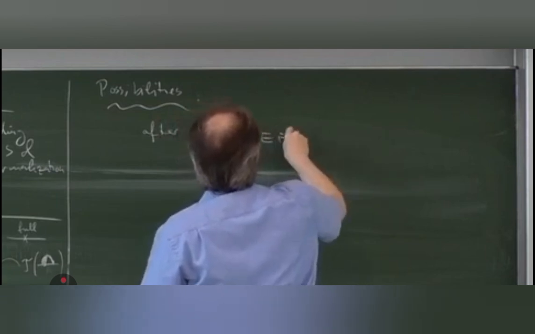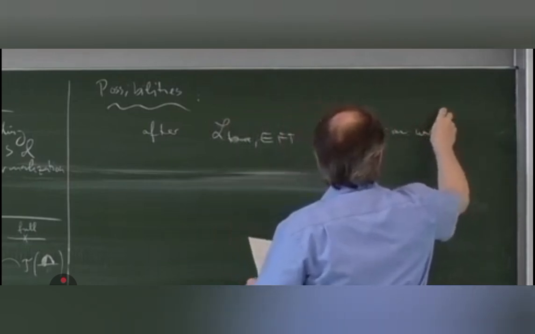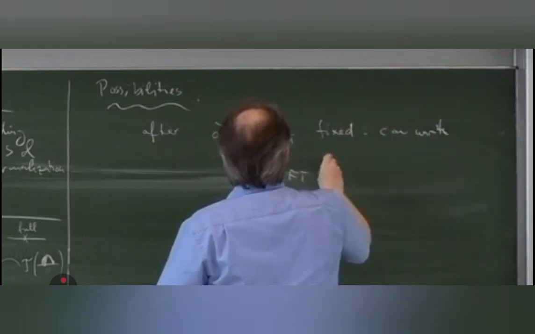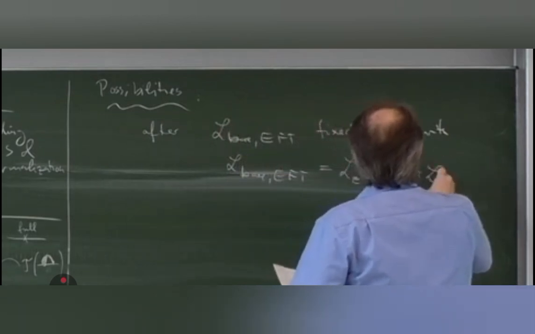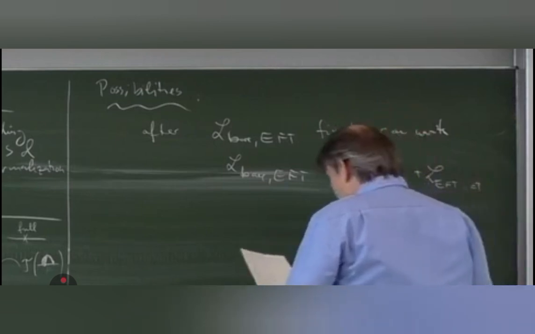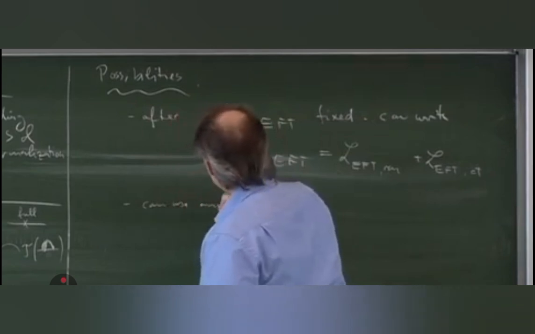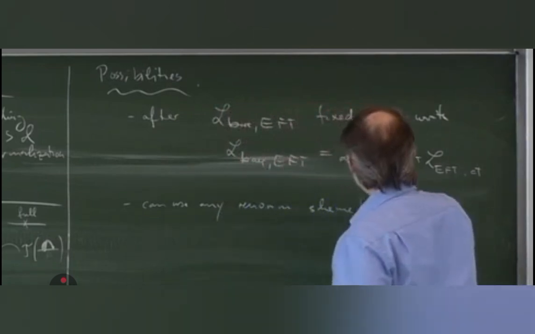So let me just indicate some ways to organize this. After L where EFT is fixed, we can write L where EFT is equal to L EFT renormalized plus L EFT counter term, and we can use any renormalization scheme for this